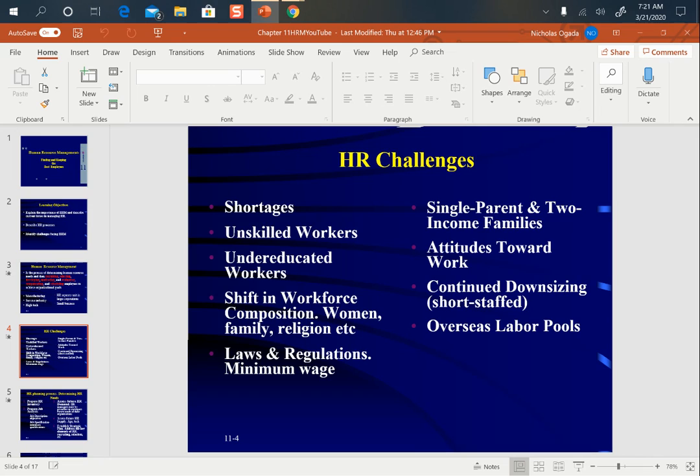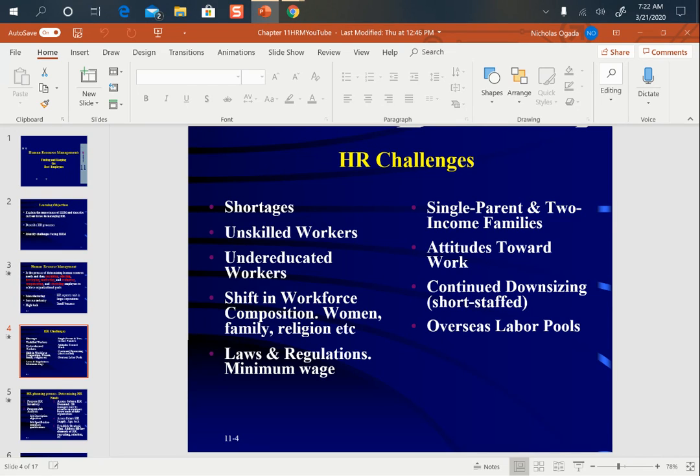We are talking about laws and regulations that sometimes keep on changing. And one example is the minimum wage. And I'm sure you have heard the society push for higher wages. Again, if that has to happen, then of course what you'll see is a challenge to HR or to organizations. But there are so many regulations that affect human resource management, and these regulations will affect almost every aspect